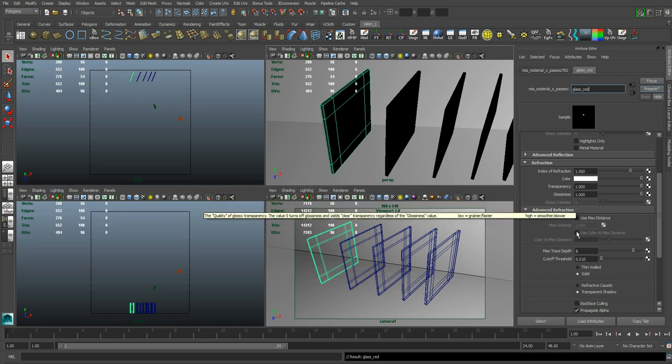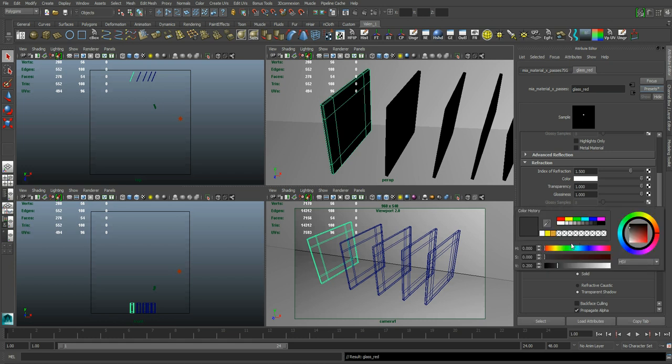So we're going to come down to here, turn on use max distance, and I'm just going to put in 0.3 like I have for the other materials, and use color at max distance. For the color, I want this one to be a red. Now here's something to keep in mind when you're using the max distance options. If I choose red right here,